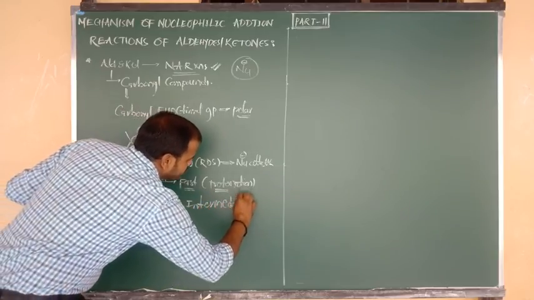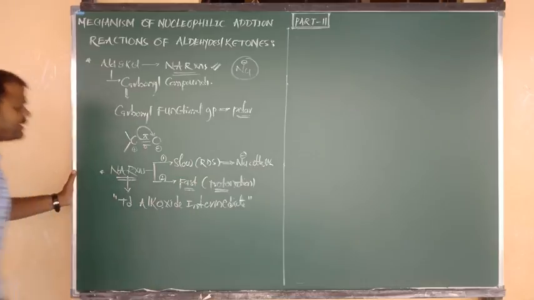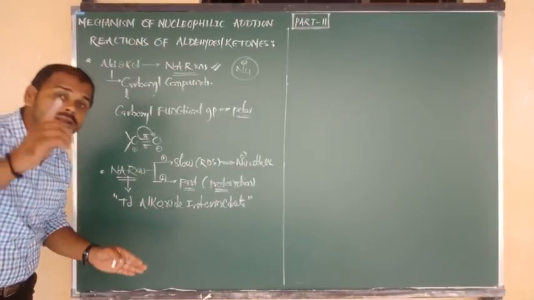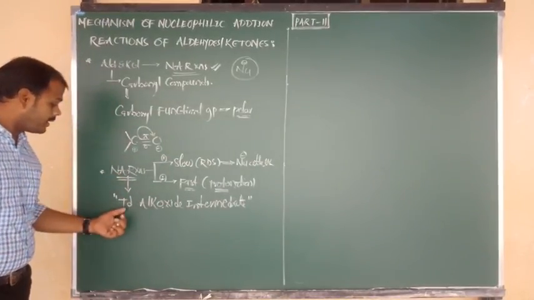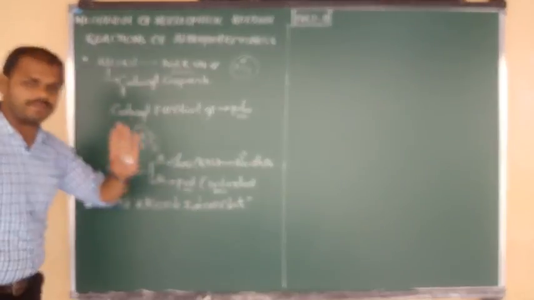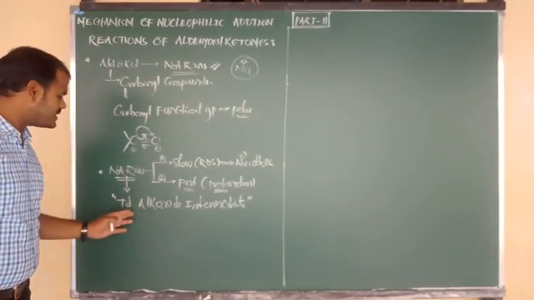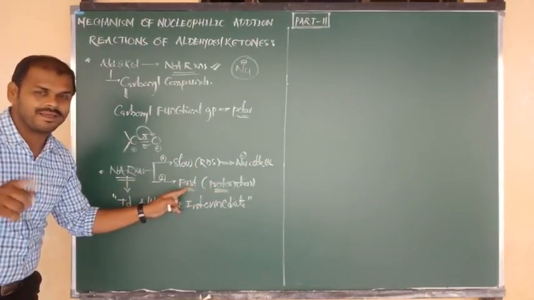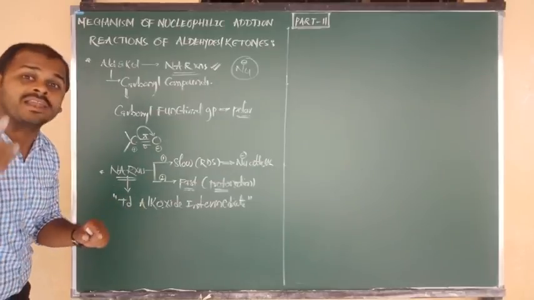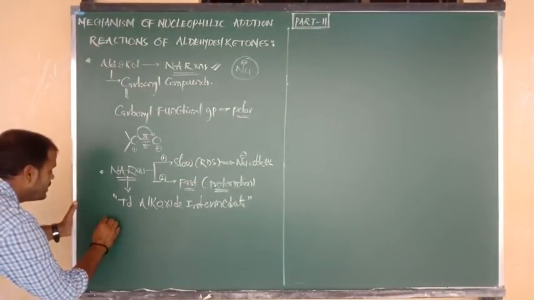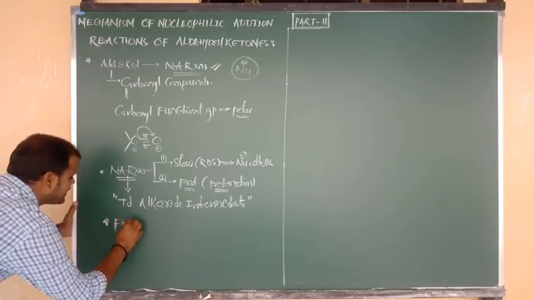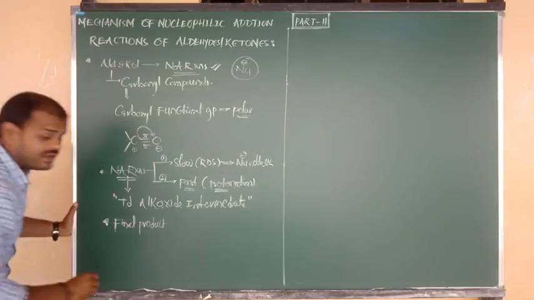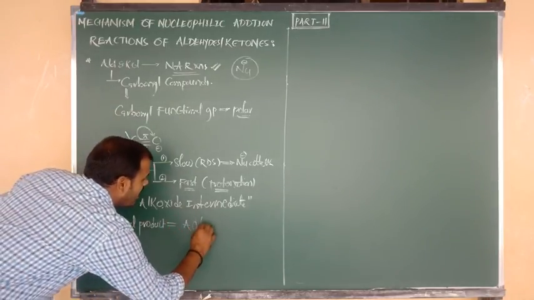So what is the intermediate in nucleophilic addition reactions? The intermediate in nucleophilic addition reactions is between the slow step and the fast step, one intermediate will form between the two, that is nothing but the tetrahedral alkoxide intermediate. Now such a tetrahedral alkoxide intermediate, upon protonation, I mean undergoing the second step, changes into the product. And what was the final product in nucleophilic addition reactions? The final product in nucleophilic addition reactions is nothing but the addition product.